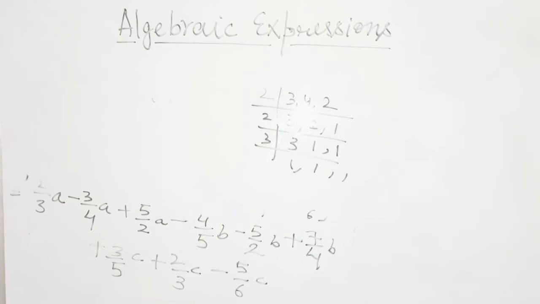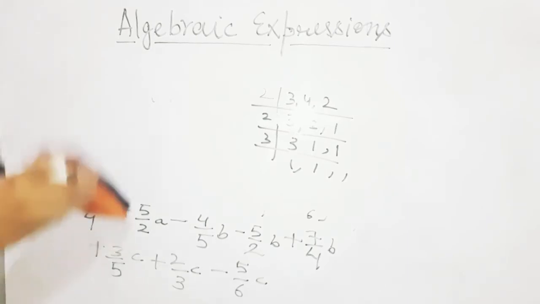Yes students. So as you all can see that the LCM of 3, 4 and 2 is 2 2s are 4, 4 3s are 12. So the LCM of 2, 4 and 3 is 12. I said 6, sorry for that. So the LCM of 2, 4 and 3 is 12.